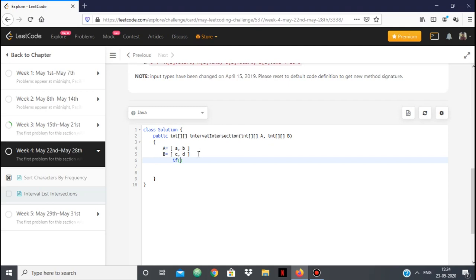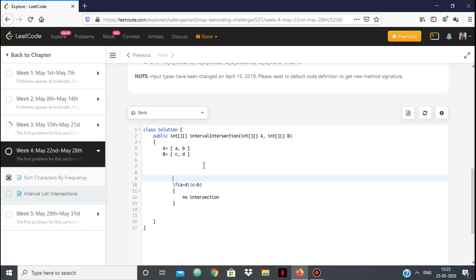So if the starting point of A is greater than D, meaning that A starts after B has ended. Or the other case, if the starting point of B is after A ends, so if C is greater than B. In this case, we'll have no intersection.